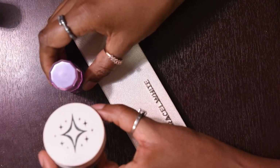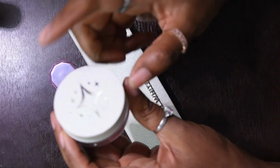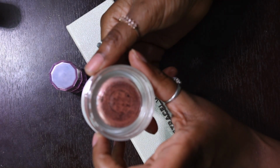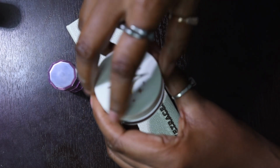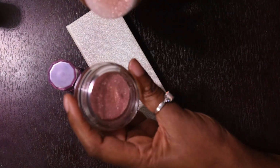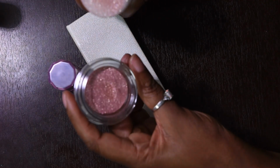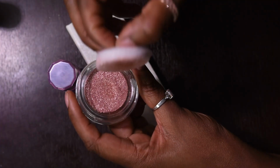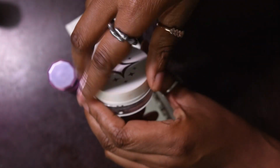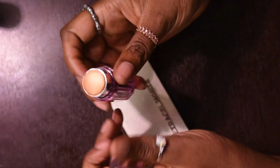These are two other formulas. This one I actually really do like. This one is from, I want to say, Half Magic by the Image, and this is their Glitter Puck in Dopamine Sparkle. It's a really interesting formula. I actually should have considered this in my innovative formula video, but this looks like a solid, but it really is just like suspended glitter in like a gel that you can actually feel the gel on your skin. I really like this formula. Definitely keeping this. And then as for this About Face,